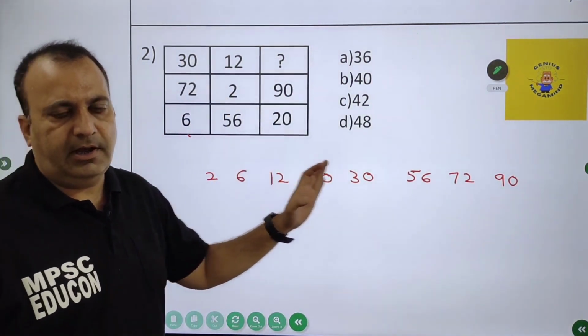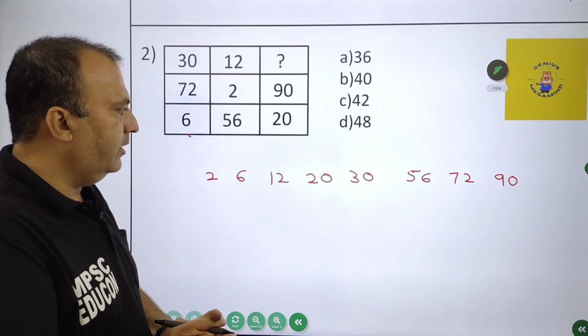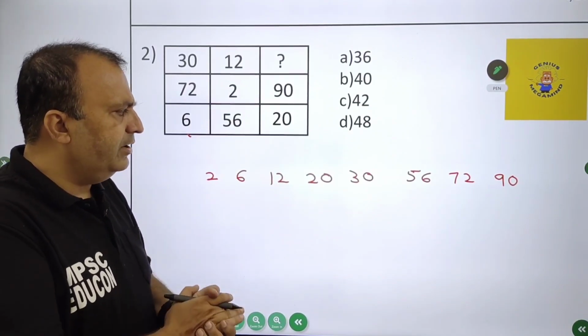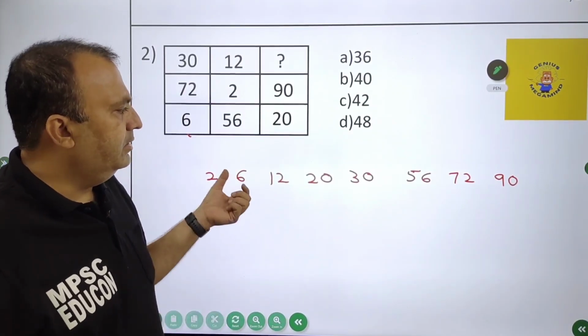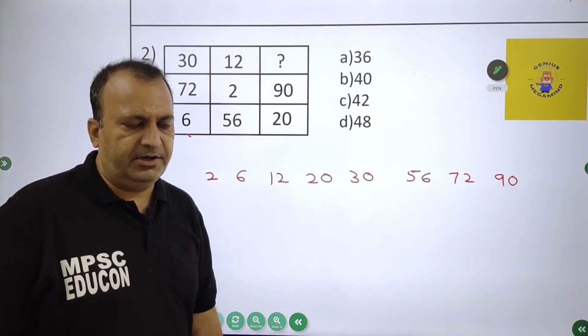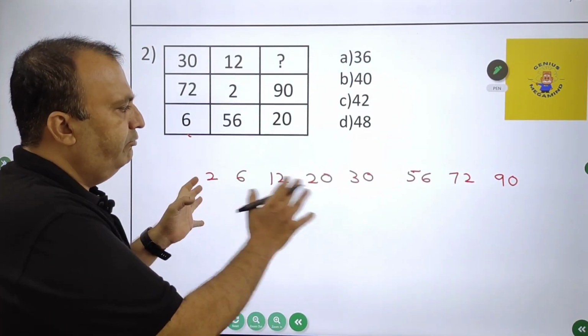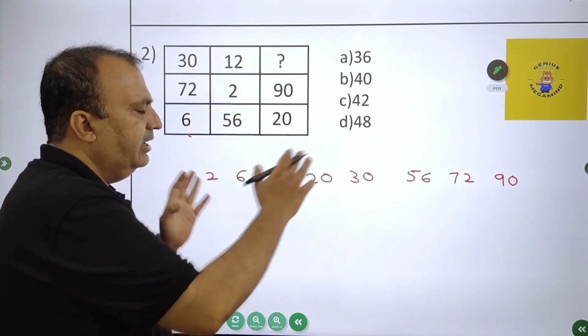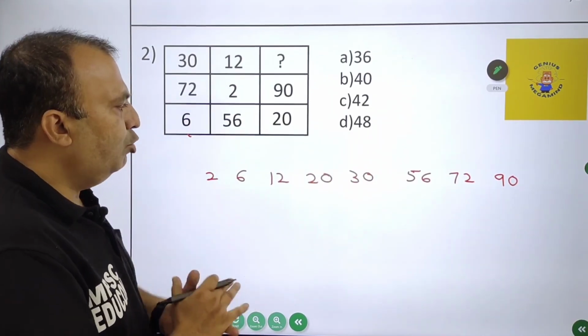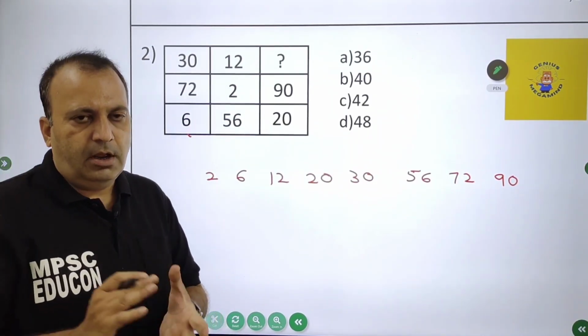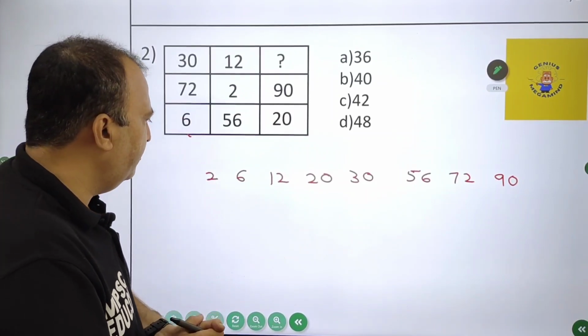So I have already arranged the numbers in an increasing order. And you can really check it out. There are 8 numbers which you can find in the series. I have got a series over here, and there will be a missing term which will be placed somewhere in between. So how do I deal with the question? I can deal with the question in 2 different ways, my friends.